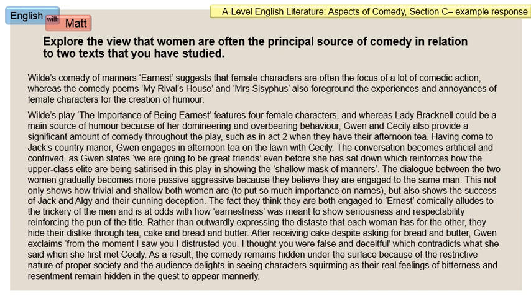Rather than outwardly expressing the distaste that each woman has for the other, they hide their dislike through tea, cake, and bread and butter. After receiving cake, despite asking for bread and butter, Gwen exclaims, "From the moment I saw you, I distrusted you. I thought you were false and deceitful," which contradicts what she said when she first met Cecily. As a result, the comedy remains hidden under the surface because of the restrictive nature of proper society, and the audience delights in seeing characters squirming as their real feelings of bitterness and resentment remain hidden in the